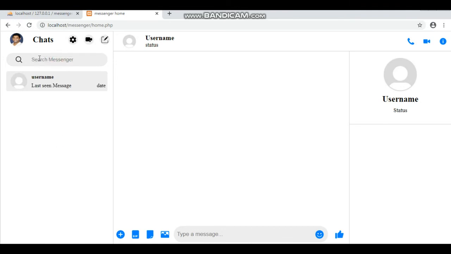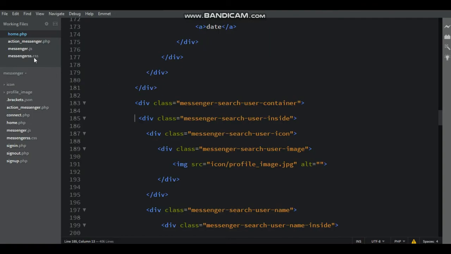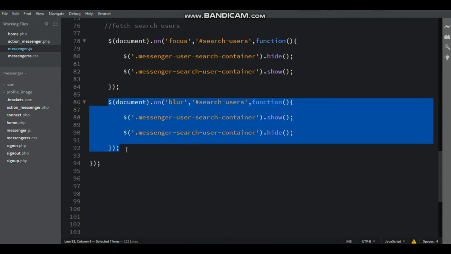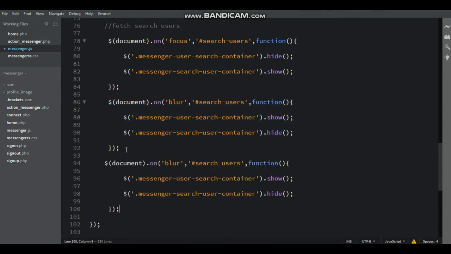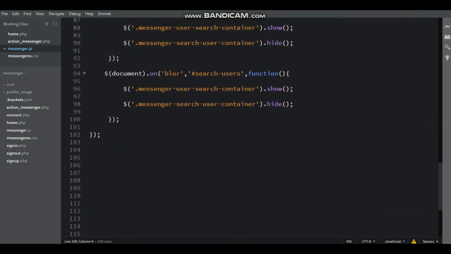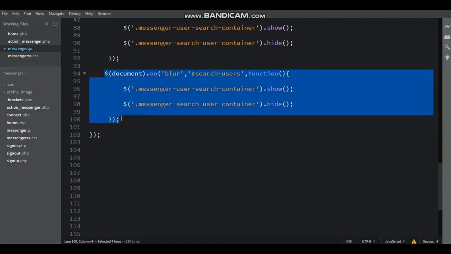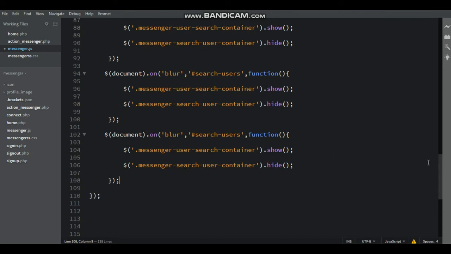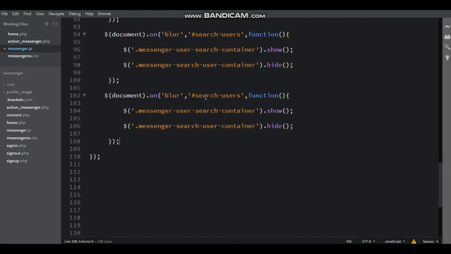Here input field is clicked and just remove the input field and then the search user hide, and then same copy, paste below that, copy and same paste below that.